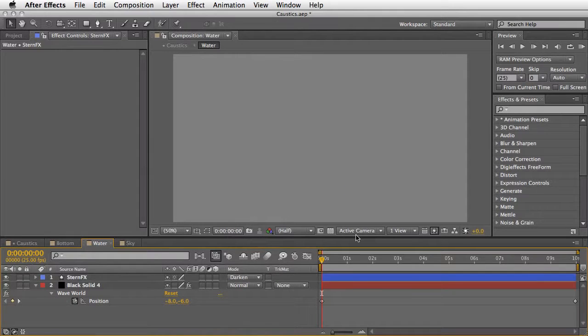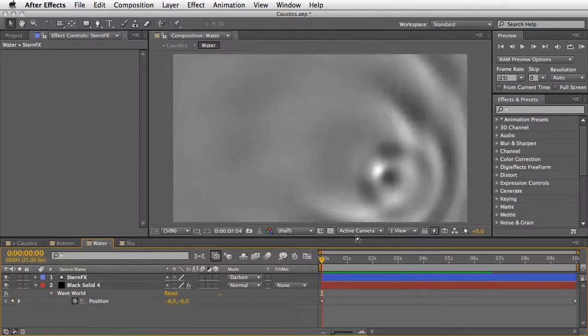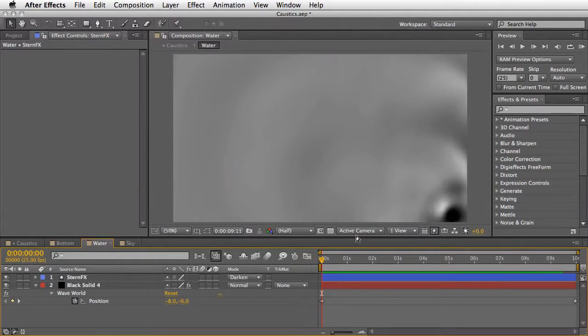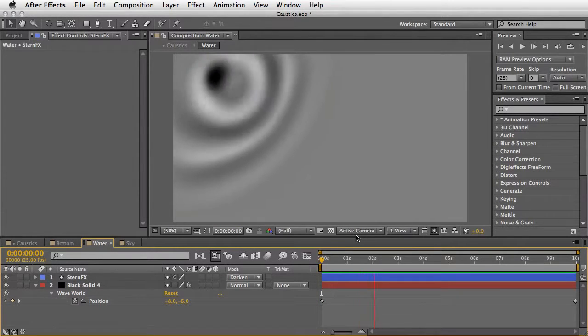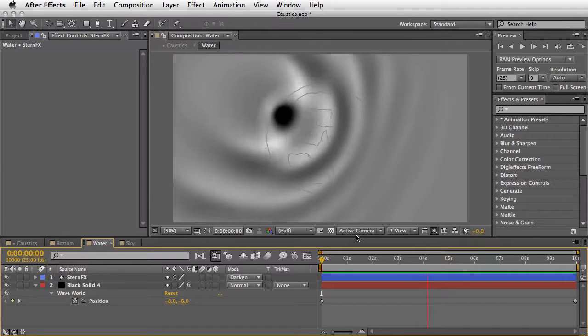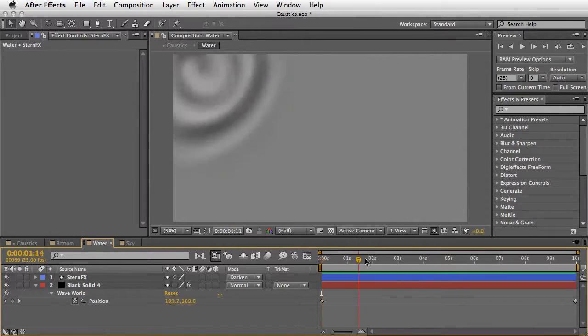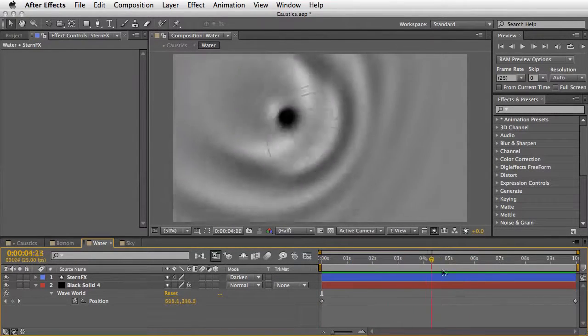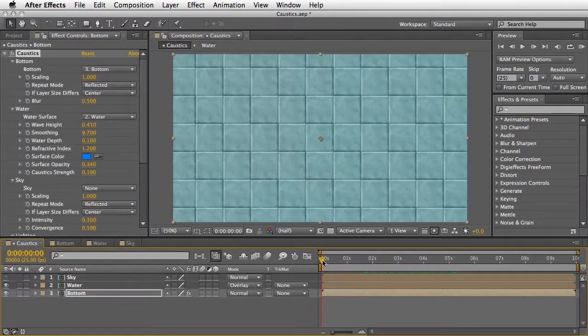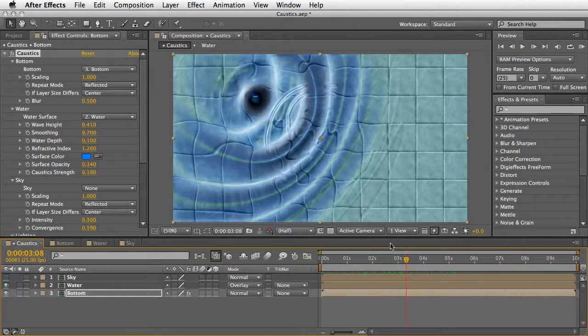So this means that if we are going to play it together, we can see that we can sometimes see it and sometimes not, due to the mixture between the colors, the gray colors. As before, this by itself doesn't look so impressive, but when we are plugging it to our Caustics effect,